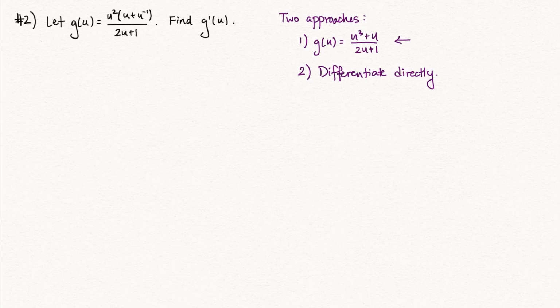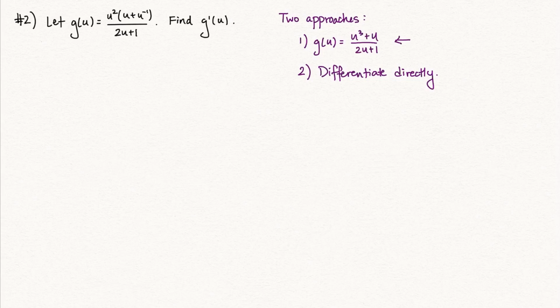If we were to differentiate directly using our second approach, notice that the numerator is a product, which means that whenever we need to take a derivative of the high, or take a derivative of the numerator, we need to apply the product rule, which means that we just have to add an extra layer of complexity into this problem. So for the purpose of demonstrating this to you guys, I'm actually going to choose the second approach,